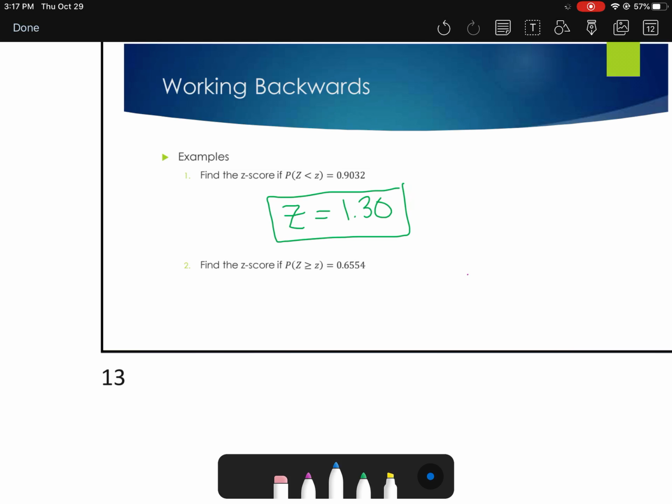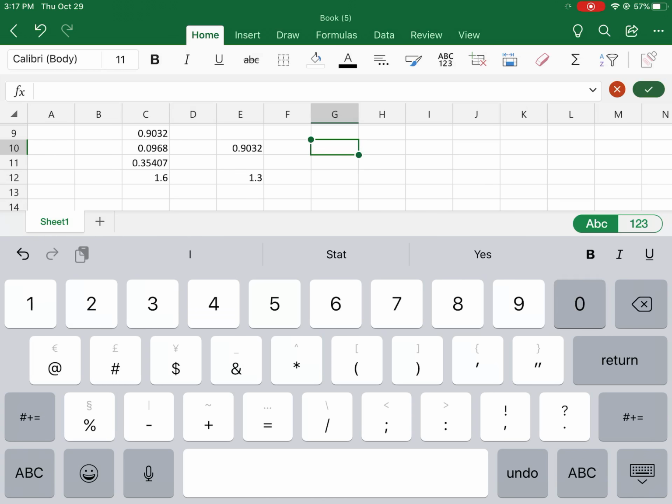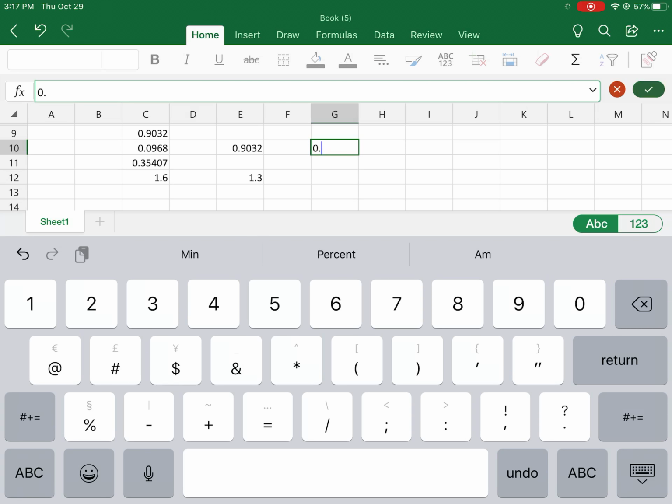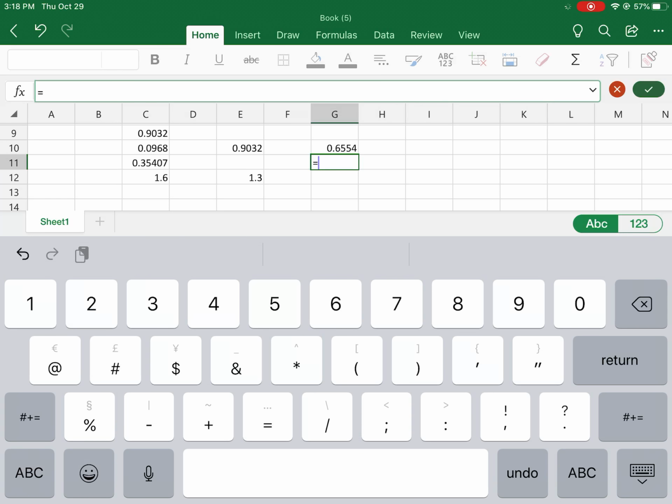So, yay, yes. So now we want to find the z-score if the probability that z is greater than or equal to z is 0.6554. Okay. So I'm going to go ahead and do the same thing. I'm going to go ahead and put in this probability, 0.6554. Now, that question was greater than, so the first thing I need to do is I need to subtract from 1. So 1 minus,